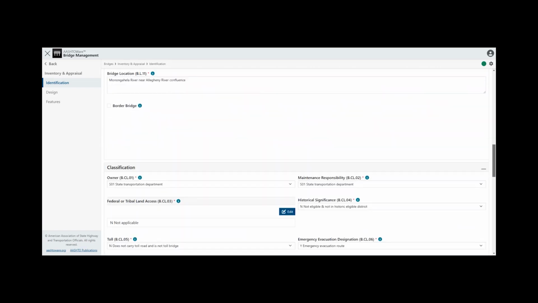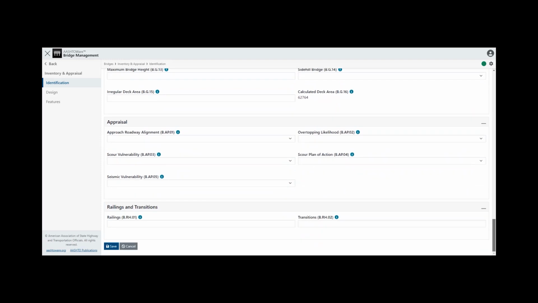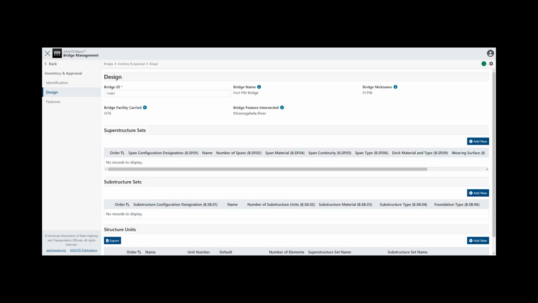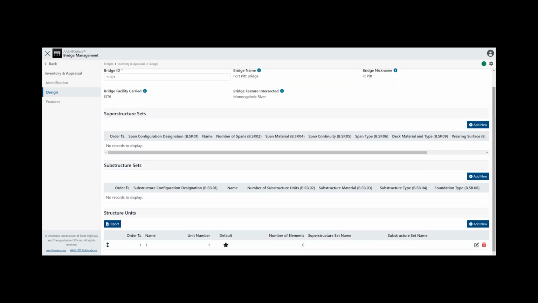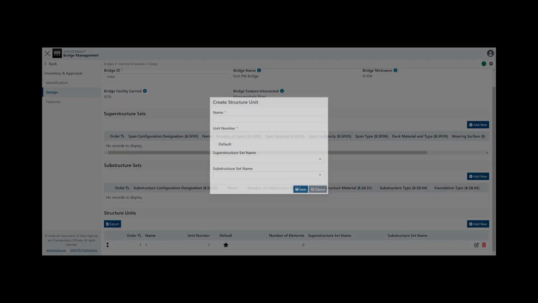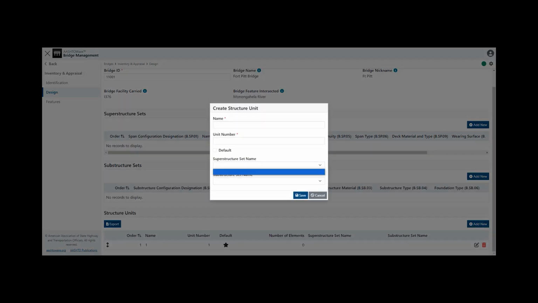The Calculated Deck Area automatically calculates using the total bridge length and bridge width out to out, but can be overridden by entering a value for a regular deck area. The Bridges Inventory and Appraisal design page allows you to define the superstructure sets, substructure sets, and structure units for each bridge. The structure units can be linked to a specific superstructure or substructure group and are used when capturing